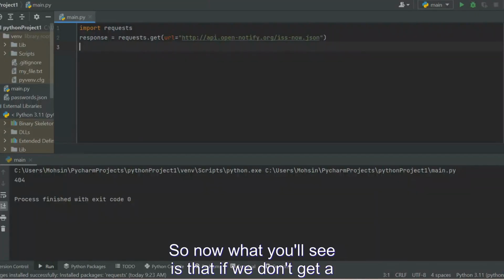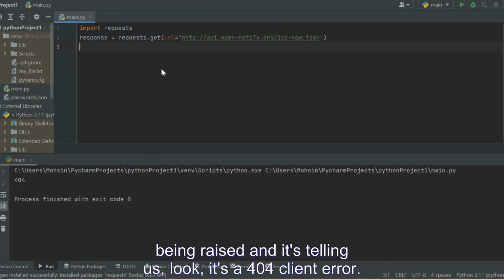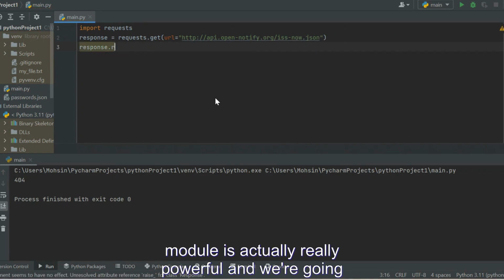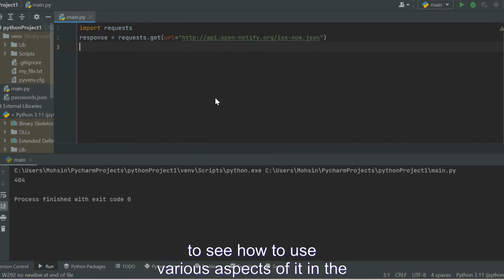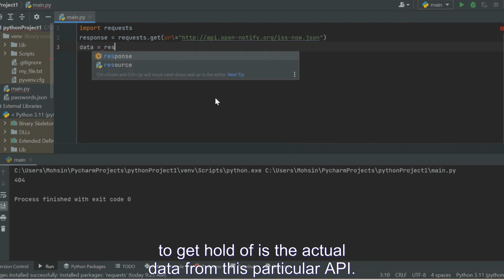So now what you'll see is that if we don't get a 200, which is the pass, let's say I mess up this endpoint again, then you'll see an exception being raised and it's telling us, look, it's a 404 client error. This URL is not found. So this requests module is actually really powerful, and we're going to see how to use various aspects of it in the upcoming videos. But for now, the first thing we need to get hold of is the actual data